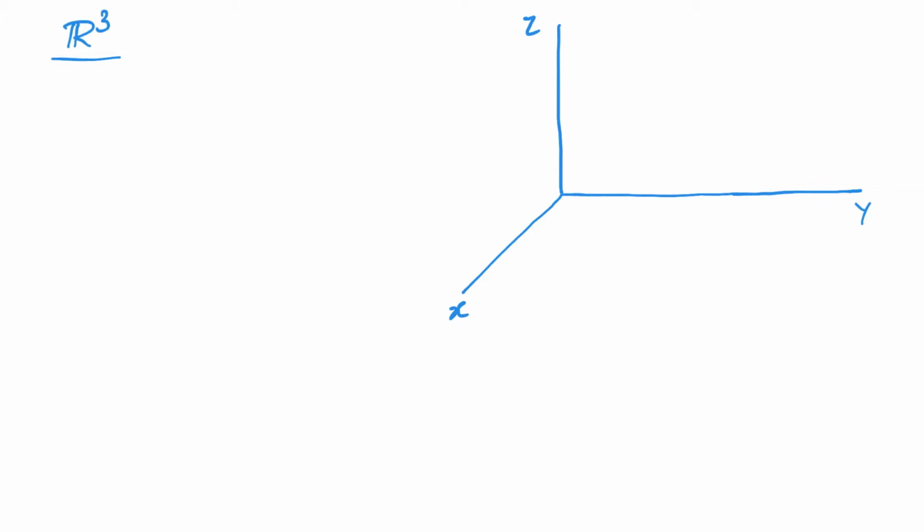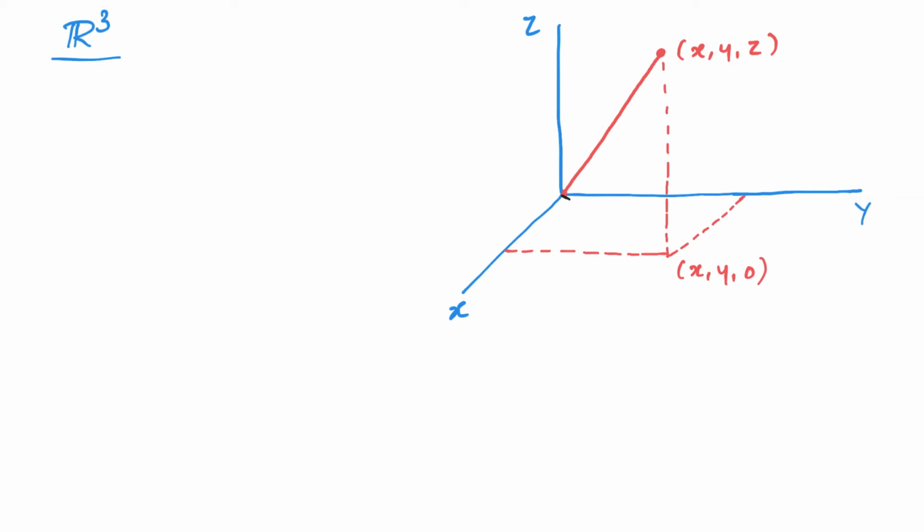We can similarly define a norm on R3. More precisely, given a point x, y, z, we are interested in the length of the line that joins x, y, z to the origin. To find the length of this line, we will first project this point to the xy plane. When you project to the xy plane, you get the point x, y, 0. And we can do further projections to the x-axis and the y-axis.